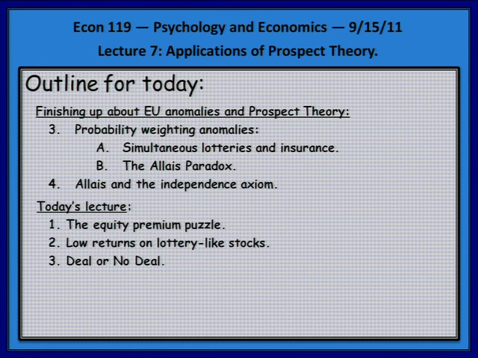So we'll finish that up, and what I'm doing is building up a positive model, right? Anomalies are positive problems. They're things that the model can't predict properly, can't explain. And then I'll show you a big fat normative problem, which is the way that the Allais paradox violates rationality under the expected utility theory. And then we'll talk a little bit about some applications, and hopefully we'll get to number 3,